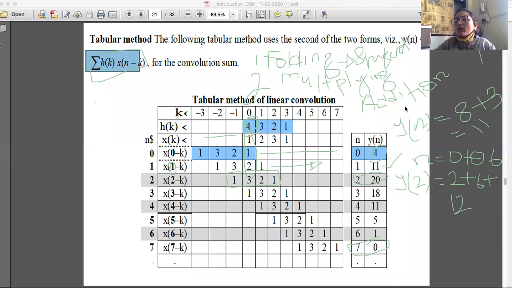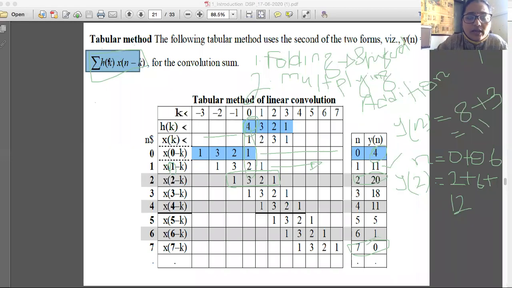Okay, while calculating convolution, what are we supposed to do? The first step, we are supposed to perform the folding operation. As per the formula, there are two sequences. One is the impulse sequence, another one is the input sequence. Those input and impulse sequences are commutative, so the order of those sequences we can change. Either it may be an impulse sequence or an input sequence, so any sequence you can take, you can exchange the order, right?